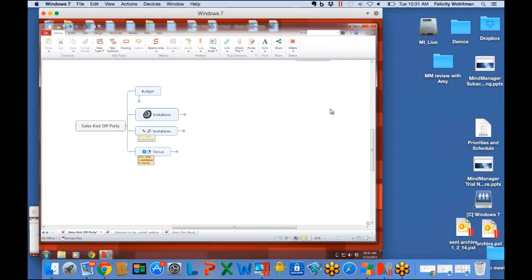We do have a question about sharing maps with those who do not have MindManager. Obviously, sharing an image of a map as a PDF or PNG is one thing, but I think some people are curious if you can send maps such that people will be able to click the links within. Not really. So we do have an offering that is called